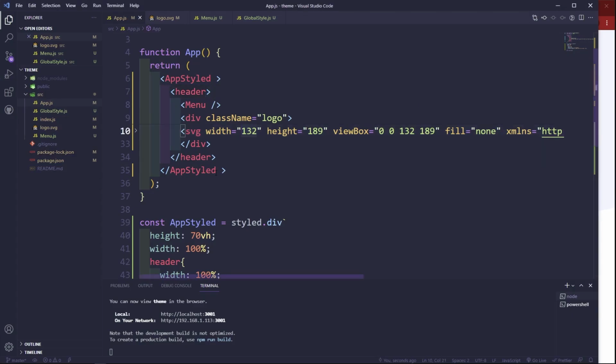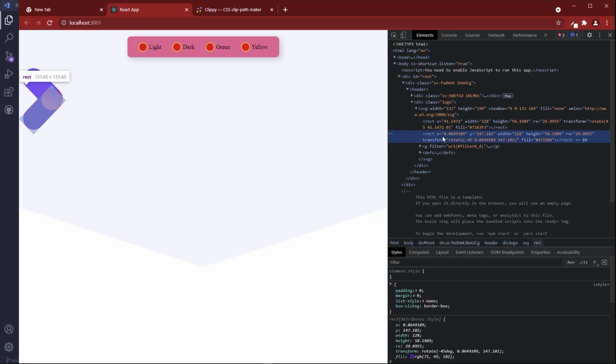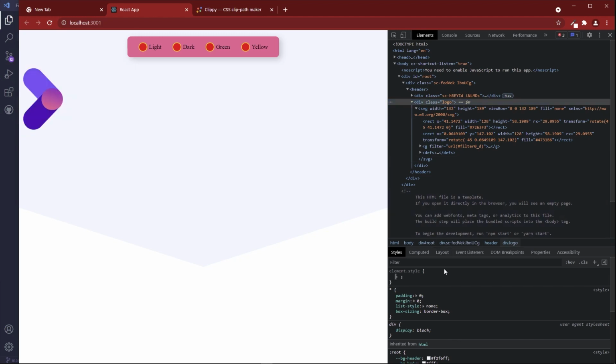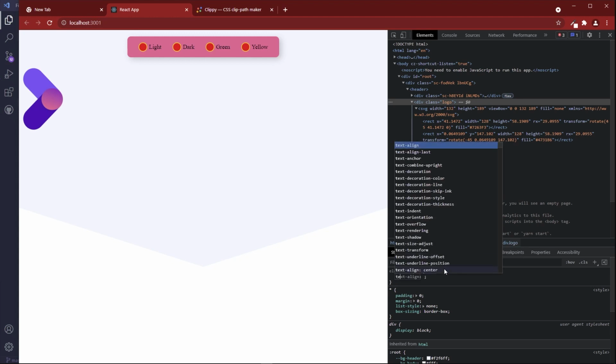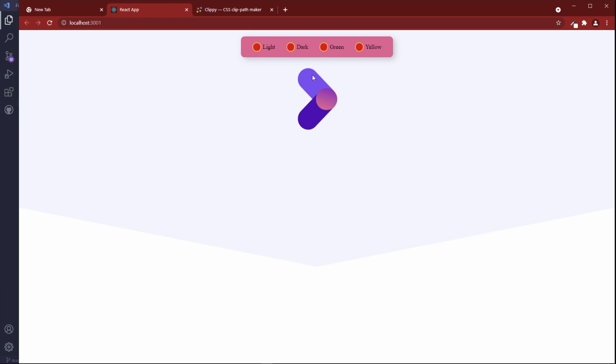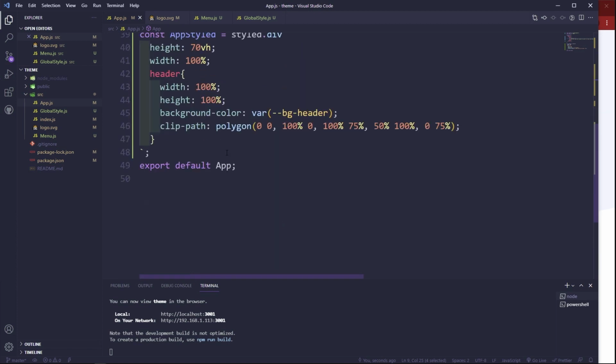Okay, so SVG logo. Let me inspect this. Okay, so we can do text align to center it, but it's not. I want it to be somewhere here. So what I'm going to do is I'm going to copy this logo class,